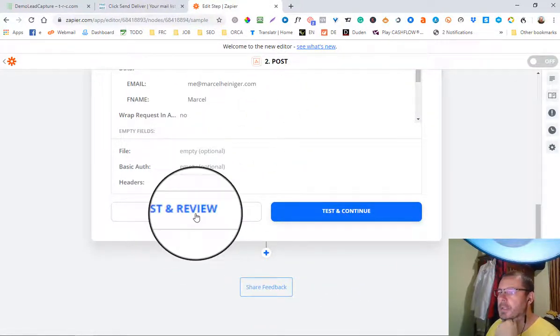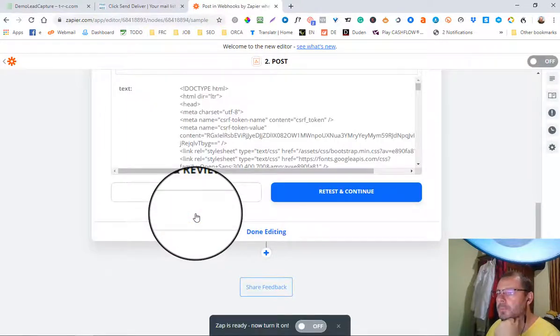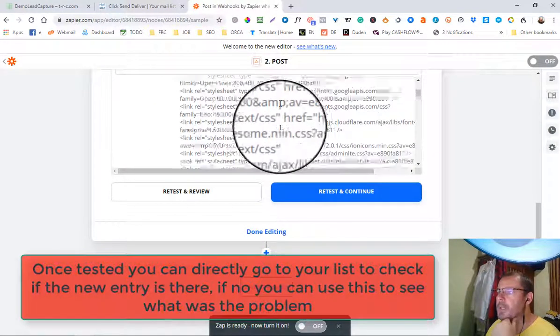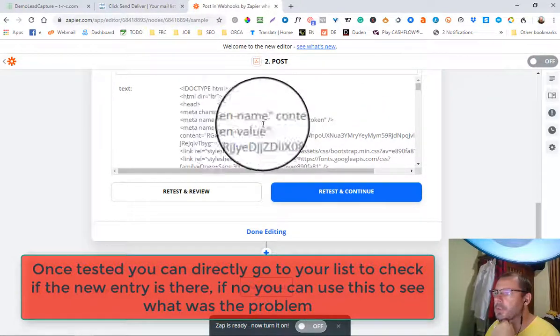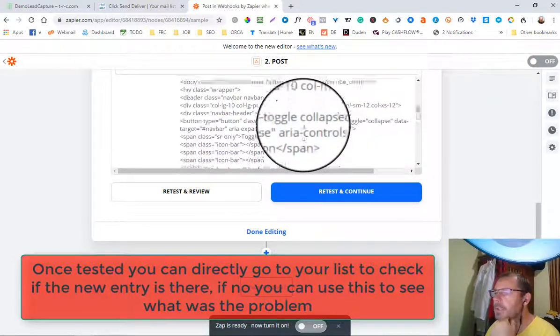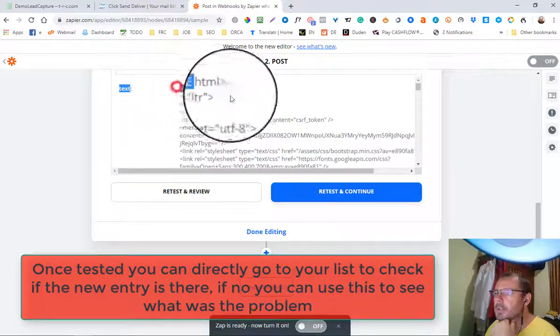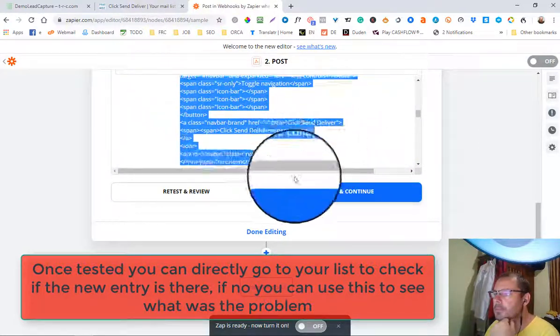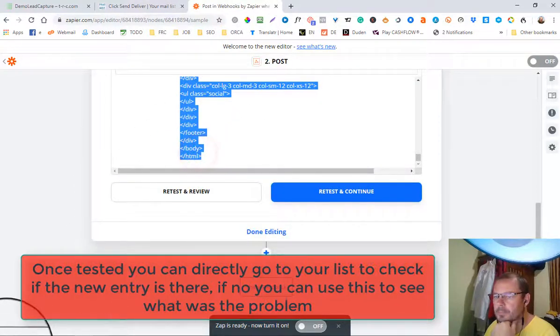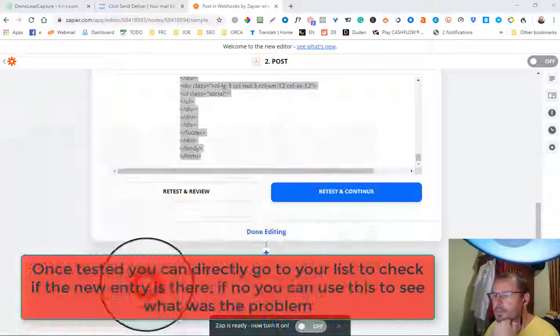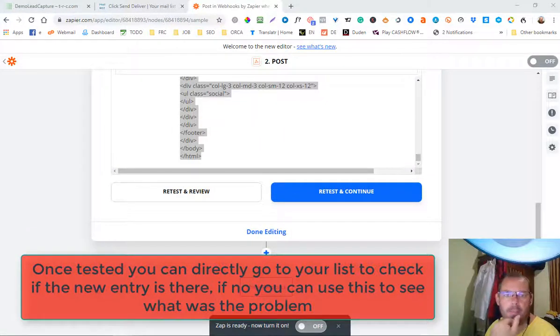Me, Marcel, test and view. So here is the answer that he gets. If you are not familiar with HTML, just copy all, make a new text file,